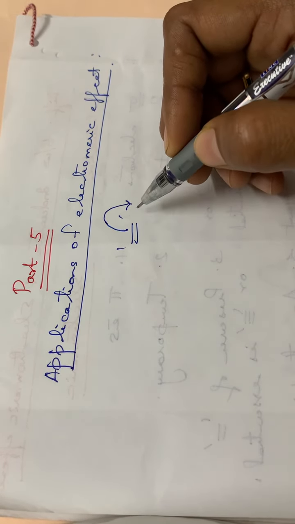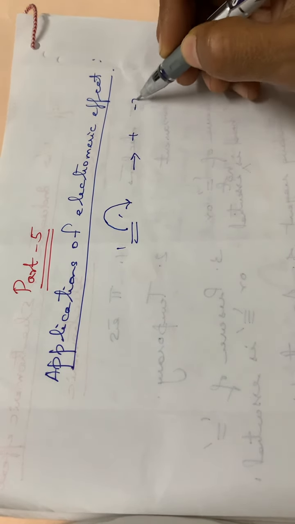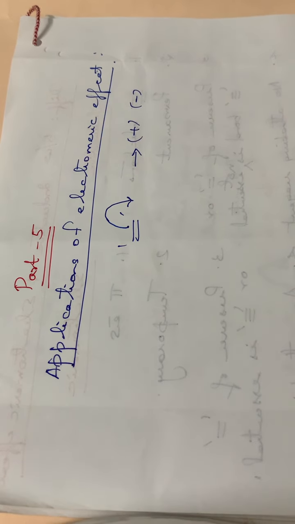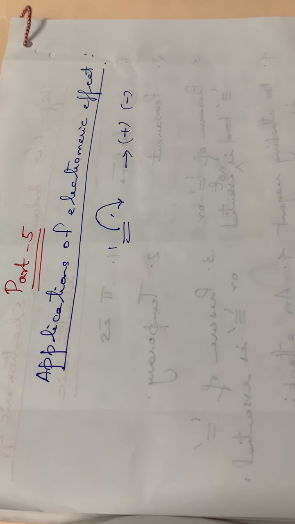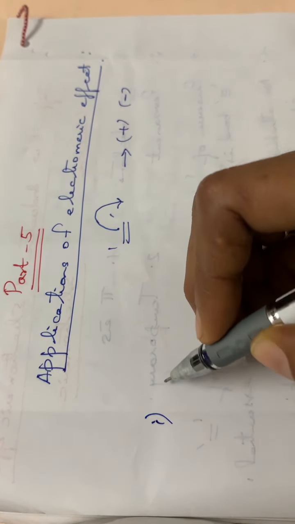So after having this electromeric effect, the formed ions will be having positive as well as negative charges, isn't it? The species will be having positive or negative charge. Next are the applications. So the first application is addition